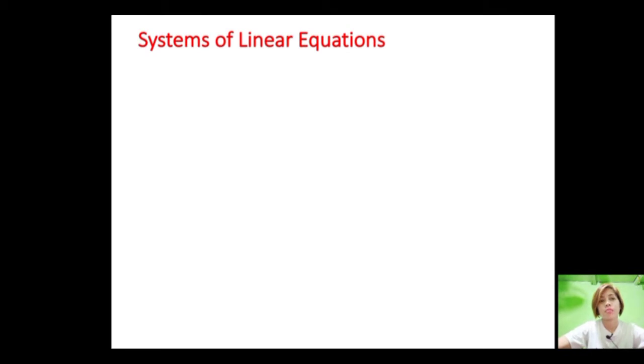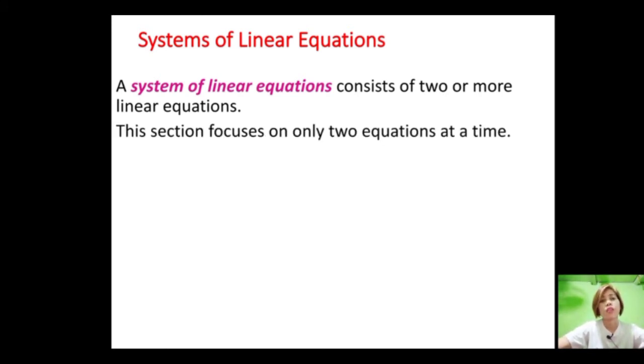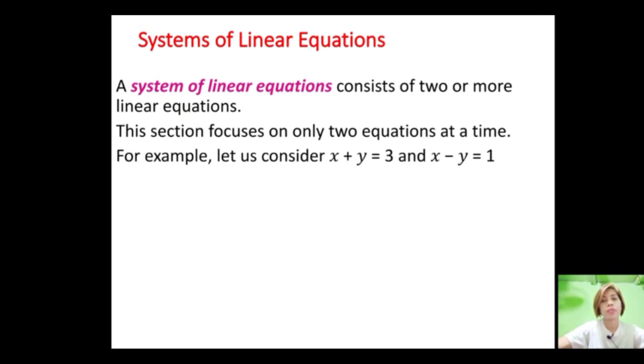So, ano nga ba yung systems of linear equations? So, when we say a system of linear equations, it consists of two or more linear equations. So, kapag meron tayong two or more linear equations, ang tawag na doon ay system. So, pero yung lesson natin today focuses only on two equations at a time. For example, let's consider x plus y equals 3 and x minus y equals 1. So, kapag isusulat natin siya into system,